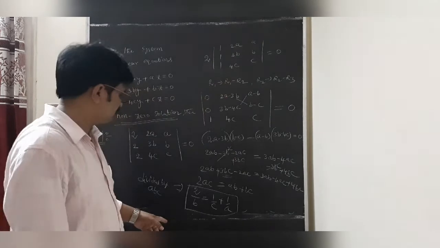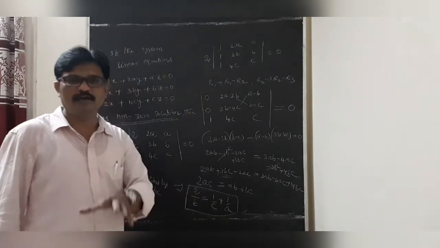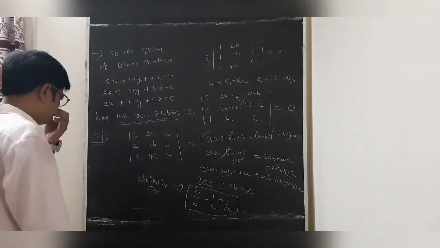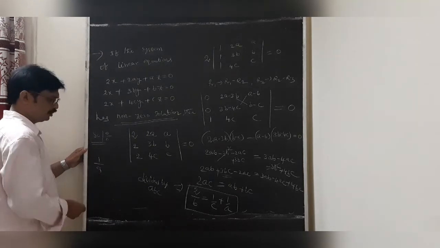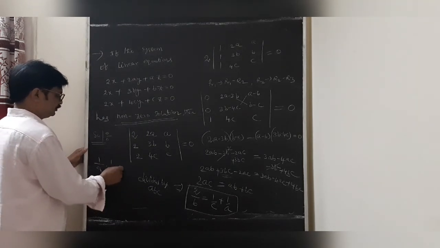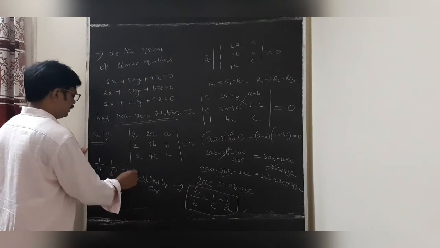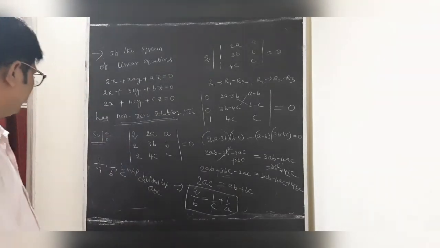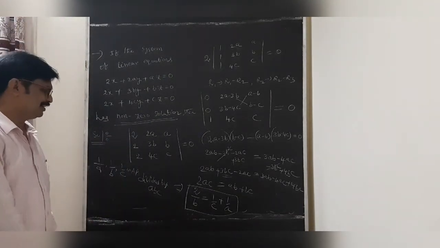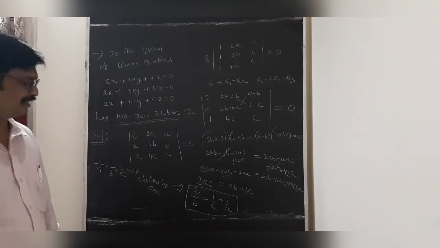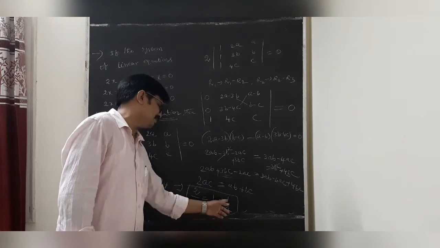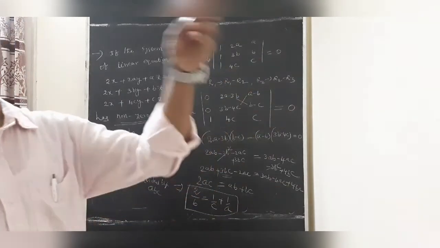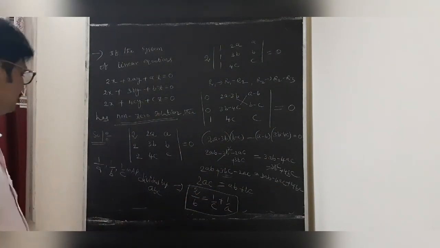When it is 2B equal to A plus C, A, B, C are in AP. So the calculation is different. Here there is a small difficulty. So directly you can write 1 by A, 1 by B, 1 by C are in AP. When you take the LCM AC, this is A plus C, then after the reciprocal, you can write B equal to 2AC by A plus C, A, B, C are in HP.